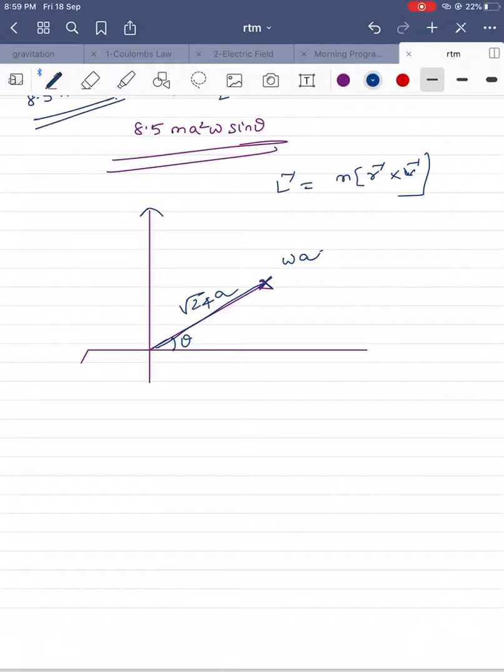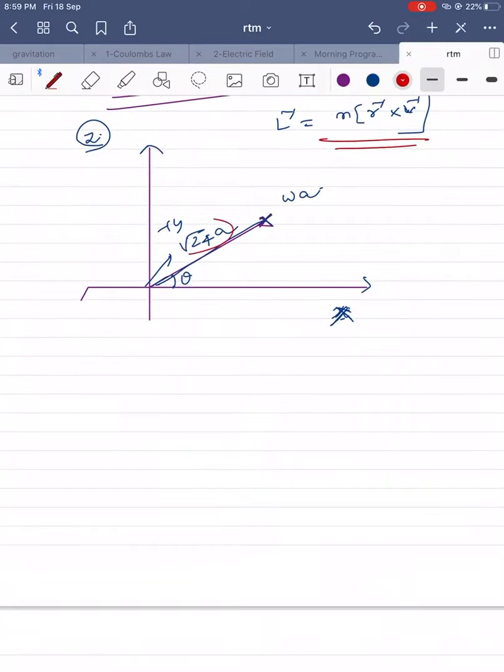For this, we need to assume certain directions. I am considering the z axis and the x axis. In this 3-dimensional case, any 2 directions you can assume; the third direction depends on the remaining 2. In which direction will the positive y axis be? It is the direction of k cap cross i cap. So is it out of the plane or into the plane? It is into the plane, because if you curl your fingers, the positive y axis is into the plane. Alright. Okay, m r bar cross v bar.